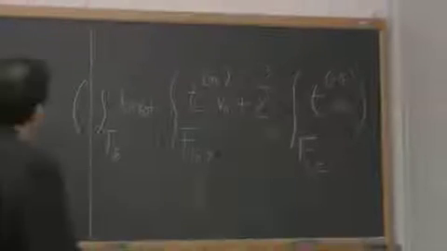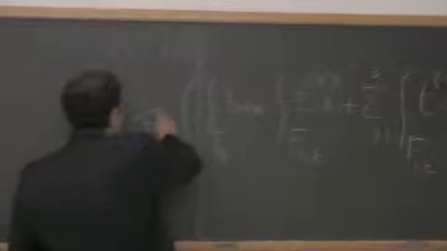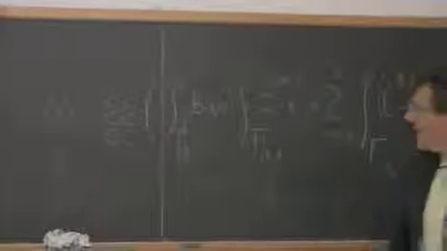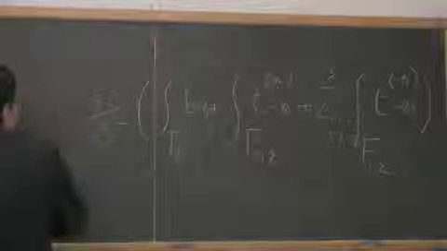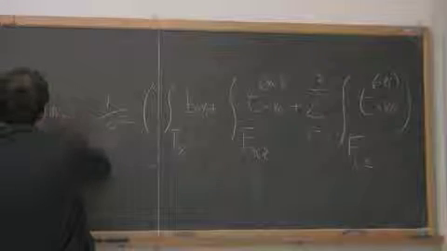So I can divide everything times 1 over epsilon square, and then I can calculate the limit for epsilon which tends to 0